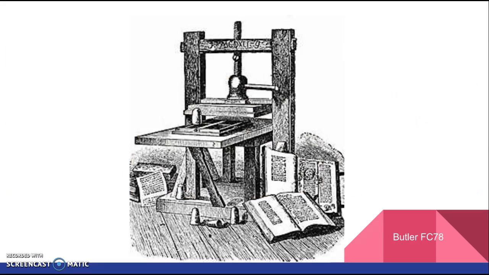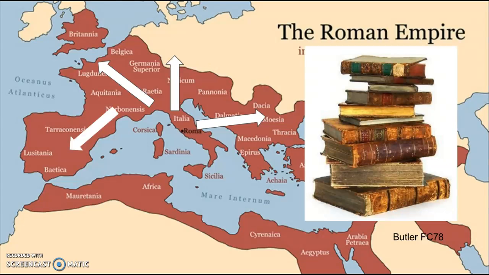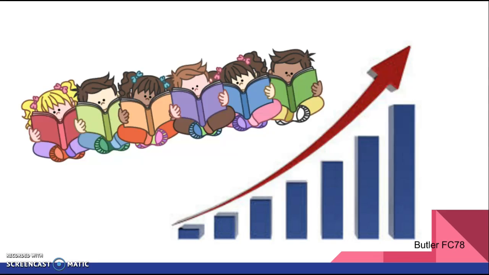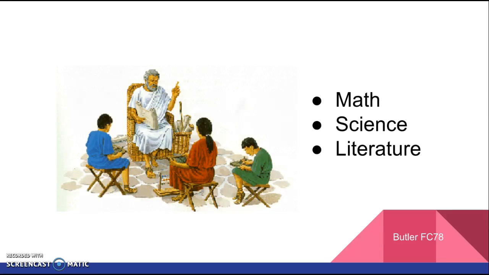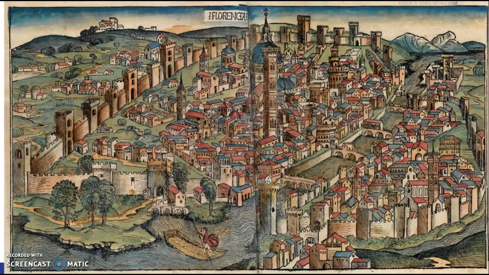Speaking of innovations, the printing press was invented around this time, which spread information quickly and accurately across a vast amount of land. The literacy rate increased as more and more people had access to various reading materials. New schools were also set up with curriculums that are more secular than what the church provided, as they taught subjects like math, science, and literature. They also taught students how to think, write, and speak critically and clearly.